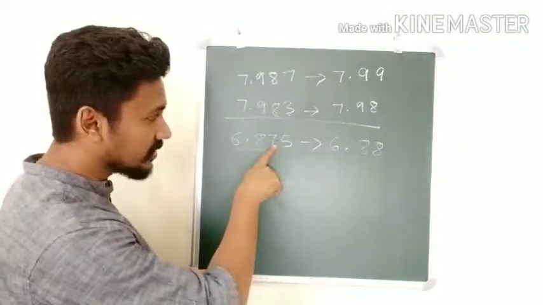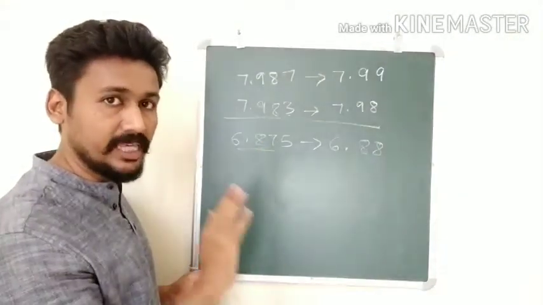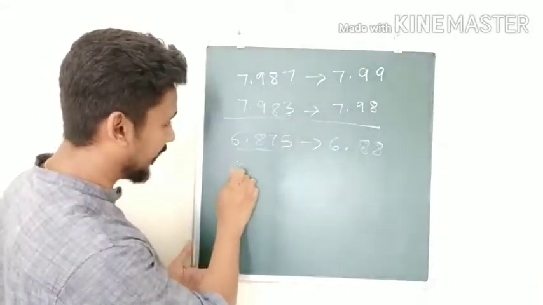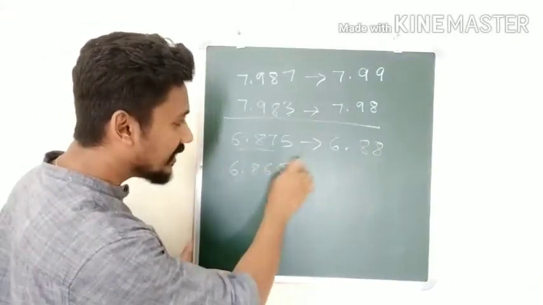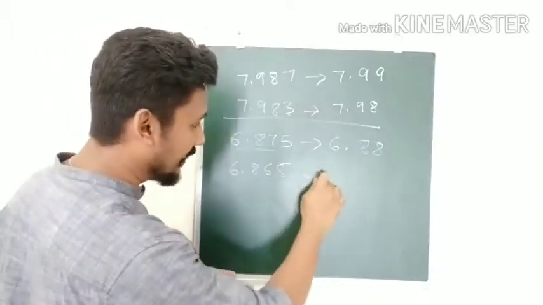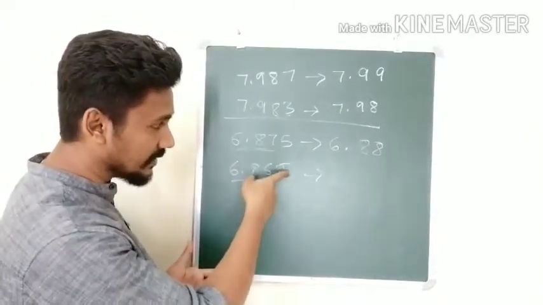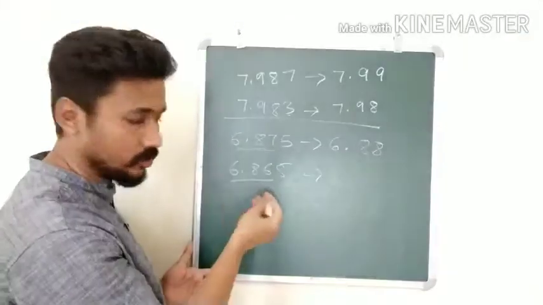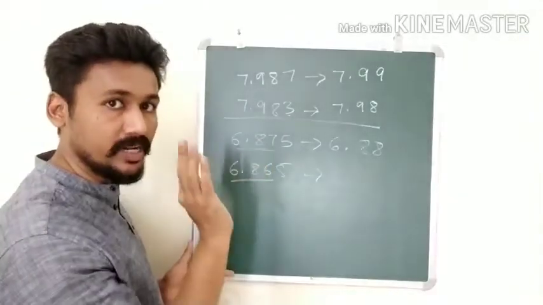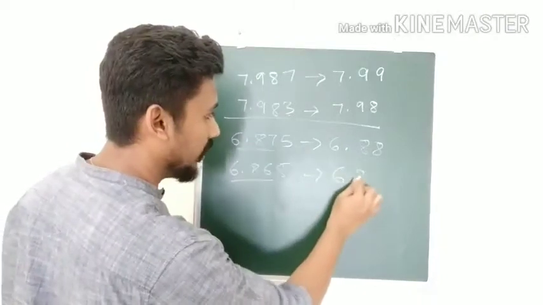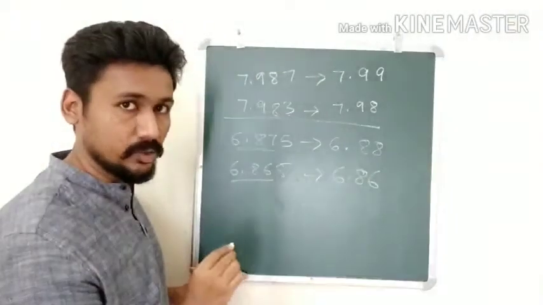Okay, but if this 3rd digit had been even, we would keep it as it is. For example, if we had the reading 6.865, then in that case, we see we want to round off to 3 digits, and the 4th digit is 5. So which is the digit before the 5? It is 6. Even, it will remain as it is. So I will get 6.86. These are the rules for rounding off the digits.